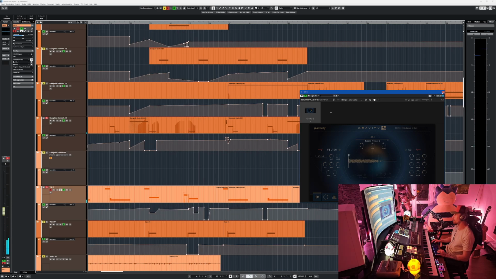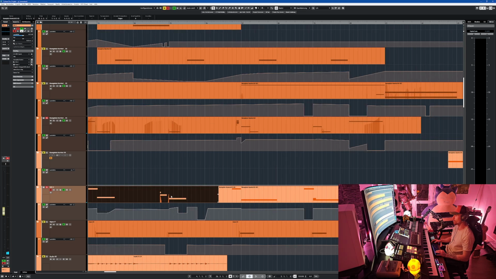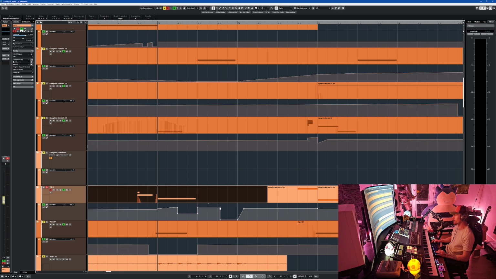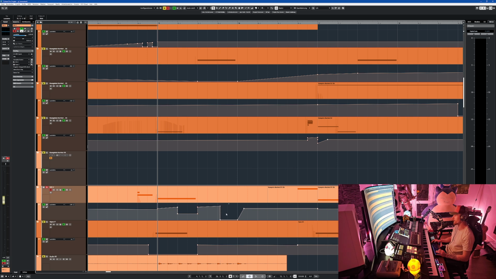Here I did something else. That's what I do a lot with automations too. If you look at this part, it's this horn thing, kind of, that I created with Gravity 2. And it plays, the sustain gets reduced, and the tail, the release, is something that I let join again, and then I cut it away again.